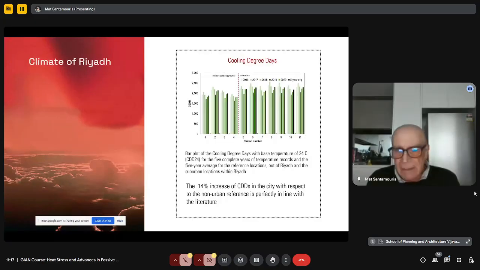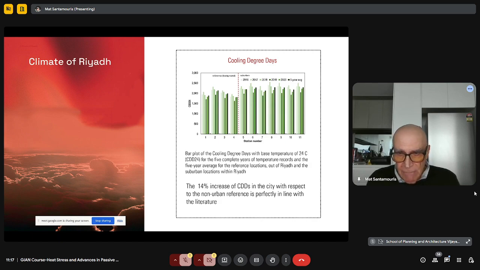So we calculated the cooling degree hours for a base temperature of 24. Perhaps you may consider that is low, but this is the temperature which is used in Riyadh, and this is done for 5 complete years, for the reference location and also all the stations